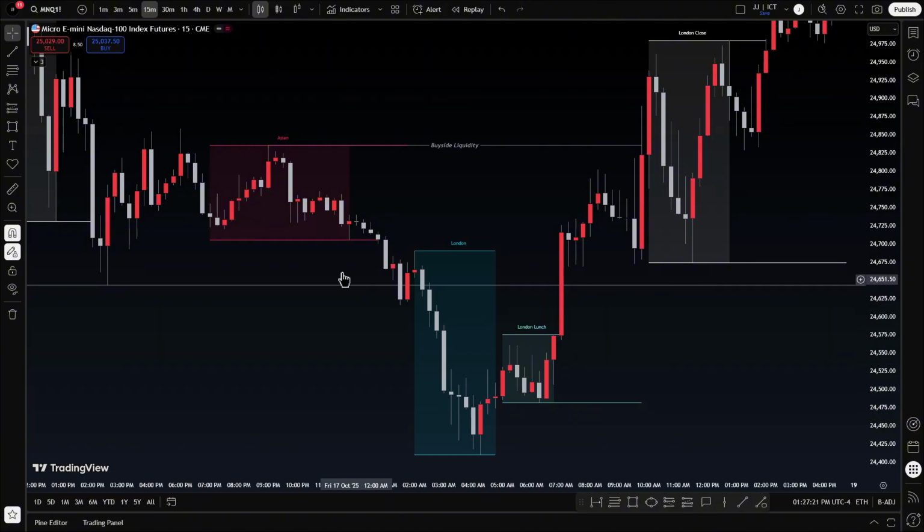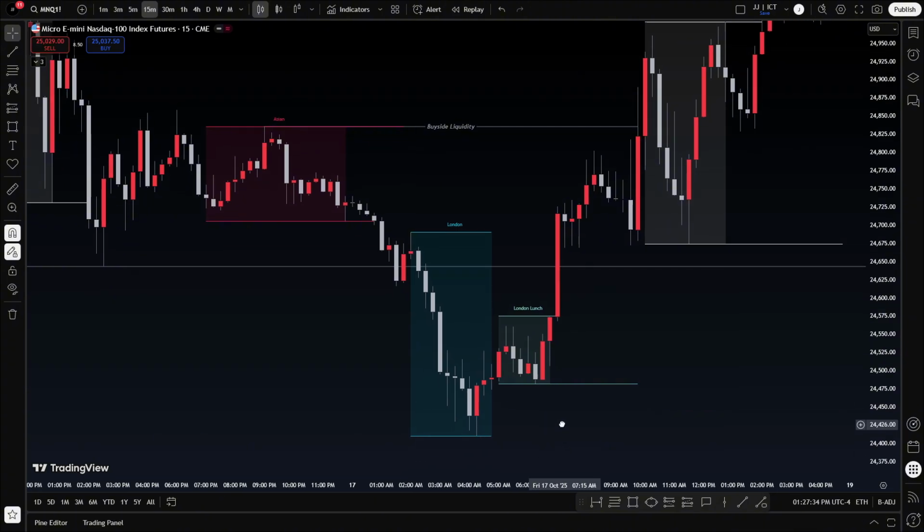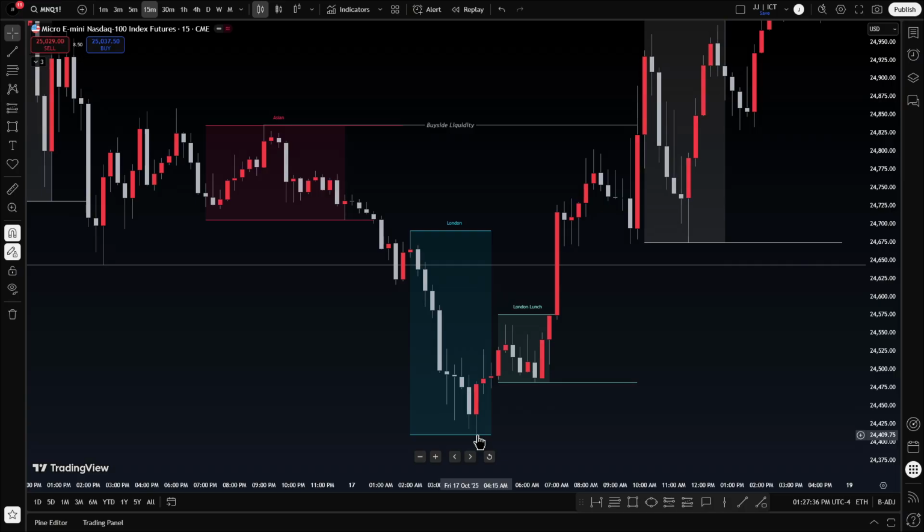You put your thinking caps on, because look here. Let's go over this again. We check out Asia low, previous daily low. London comes in and actually takes out that daily low. But we leave London high here, London low here. We fail to break London lows. What does that mean? Price can go higher.